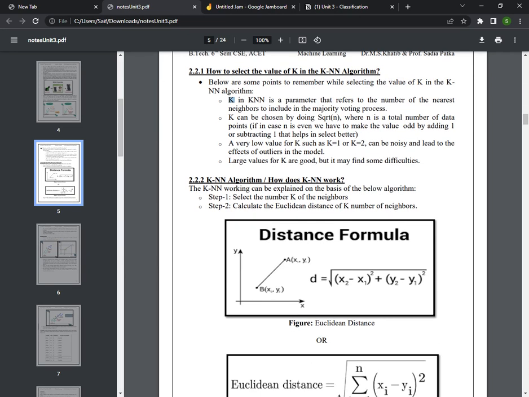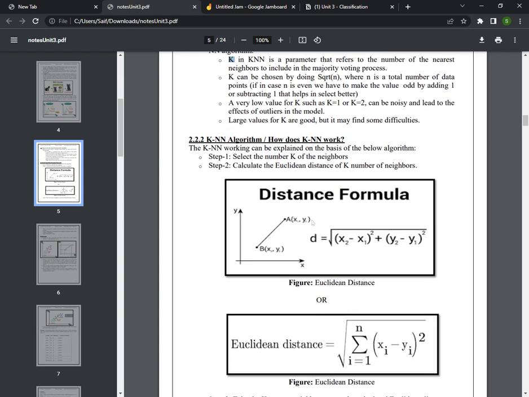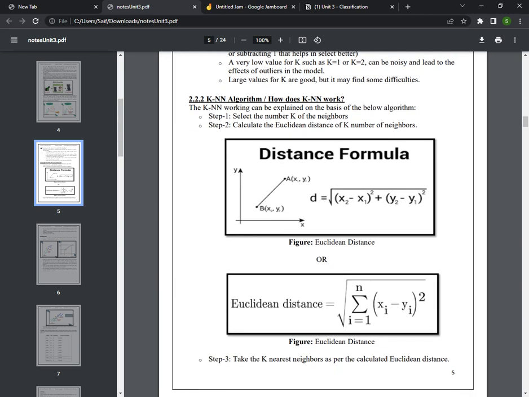Step one. I will just read this out, and you will definitely understand. So the first step of KNN is that we select the k number of the neighbors. We select how many neighbors are to be taken into consideration, and then we calculate the Euclidean distance of k